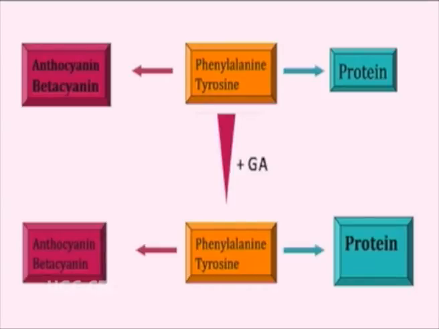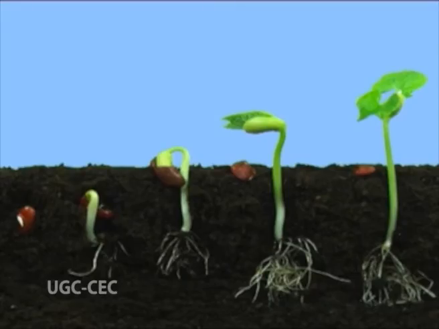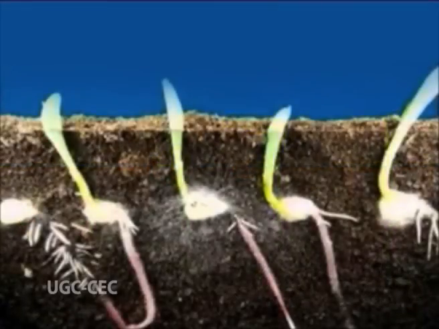Beta-cyanin and anthocyanin pigments are synthesized from the amino acid precursors tyrosine and phenylalanine. These amino acids are also utilized in the synthesis of proteins. Application of GA enhances protein synthesis along with the growth of the hypocotyl and diverts the pigment precursor, inhibiting the synthesis of the pigments. Promotion of hypocotyl growth by GA is seen in light grown seedlings, but not in dark